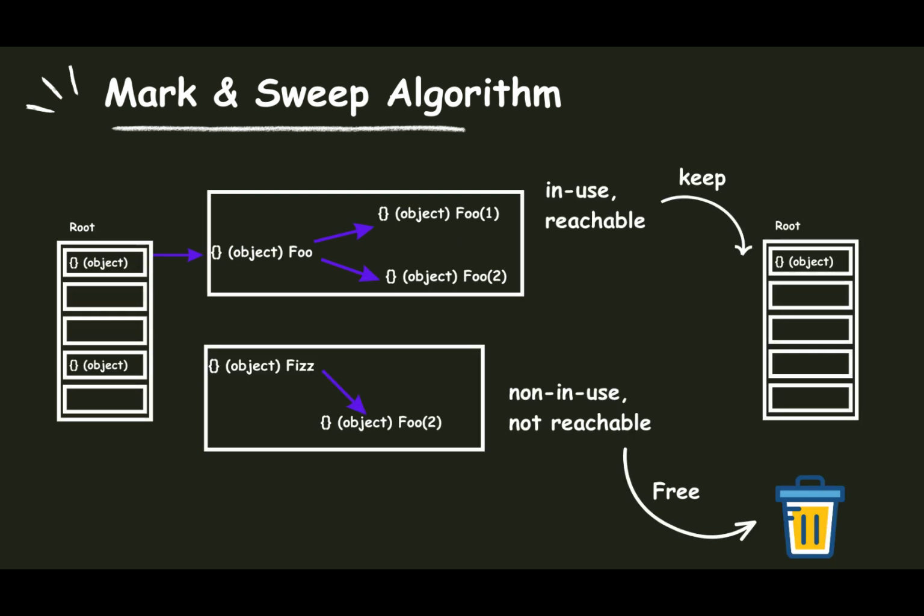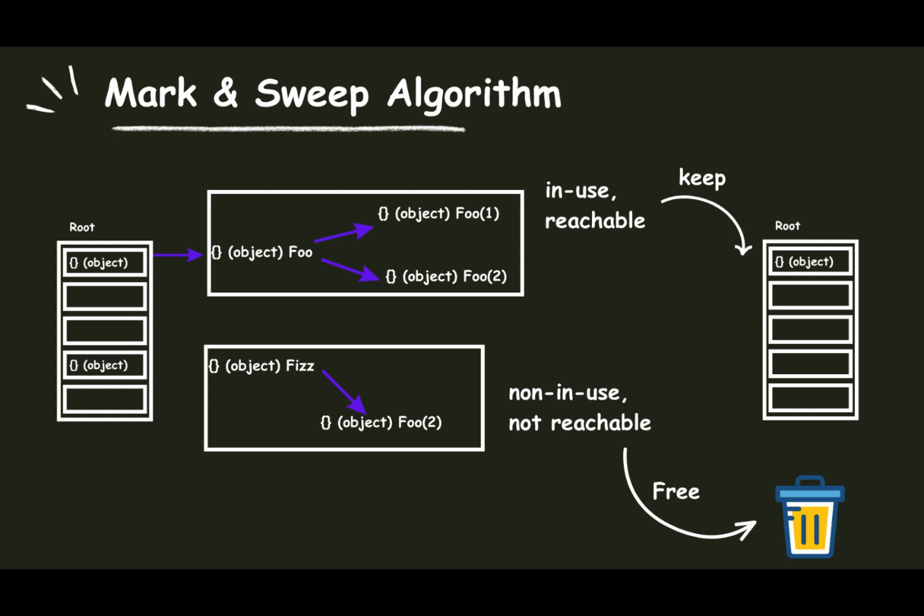Let's look at phase 2, which is the sweeping phase or the memory reclamation phase of the mark and sweep strategy. In the second stage, all memory is scanned from start to finish, examining all free or used memory blocks. Those that are marked as not being in use are not reachable by any route and their memory is freed. For objects which are marked as in use, the in-use flag is cleared so the garbage collector can prepare